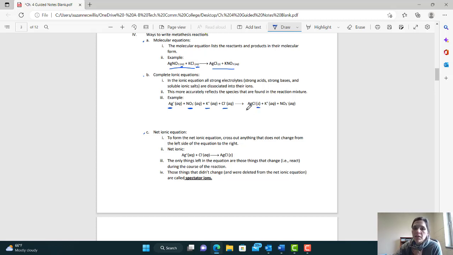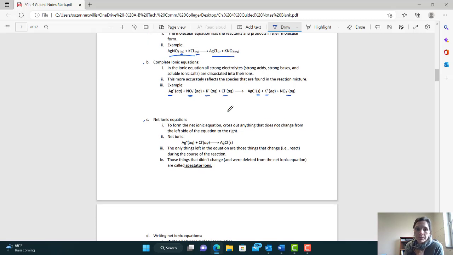So here is your solid precipitate. We're not breaking him apart because he is stuck together as a clump. Do you get what I mean? The other product is KNO3, who's aqueous and ionic. So he breaks apart into his individual ions. So you see how the complete ionic is showing every ion, every compound, and indicating whether it's broken apart or